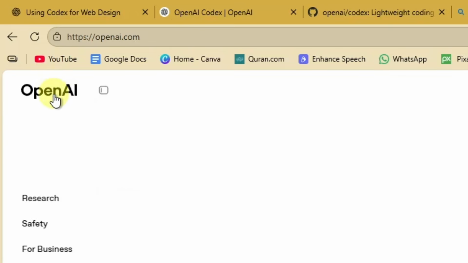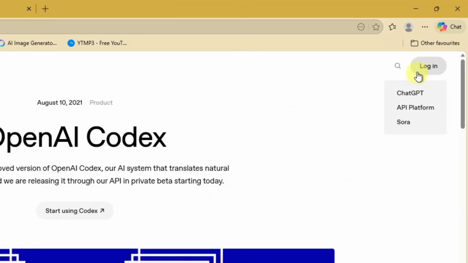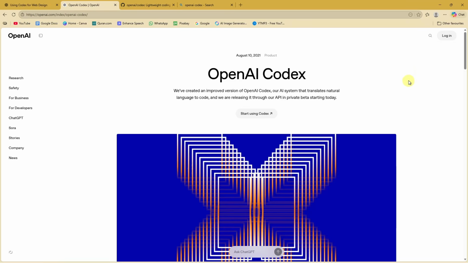If you click here OpenAI, then on the right side, right top corner, you will find three options if you hover on it or if you click here in the login, okay? So we can use it three different ways. You can use ChatGPT that is built in Codex. ChatGPT will actually generate all the code for you. You just have to copy this and then paste it in a code editor, like VS Code